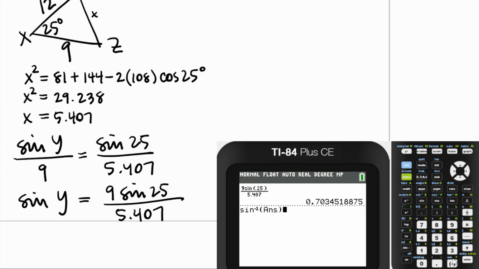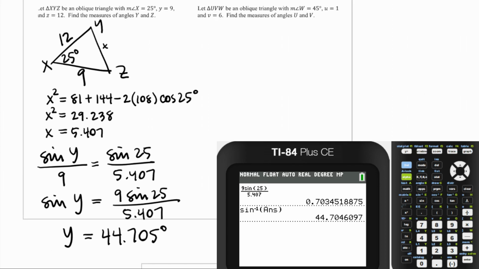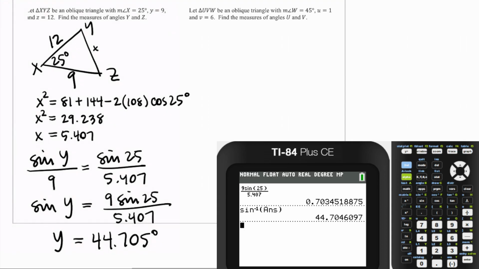But I'm going to take inverse sine of the answer, which I get from down there, and press enter and say, all right, 44.705. So y is equal to 44.705 degrees. I guess I need to zoom out here. All right, so if I've got x and I've got y, I could add that. Okay, so I could add x is 25 degrees to get the total of x and y. And then I'm going to subtract 180 minus the answer. I'll get 110.295. Okay, and get that out of the way, 110.295